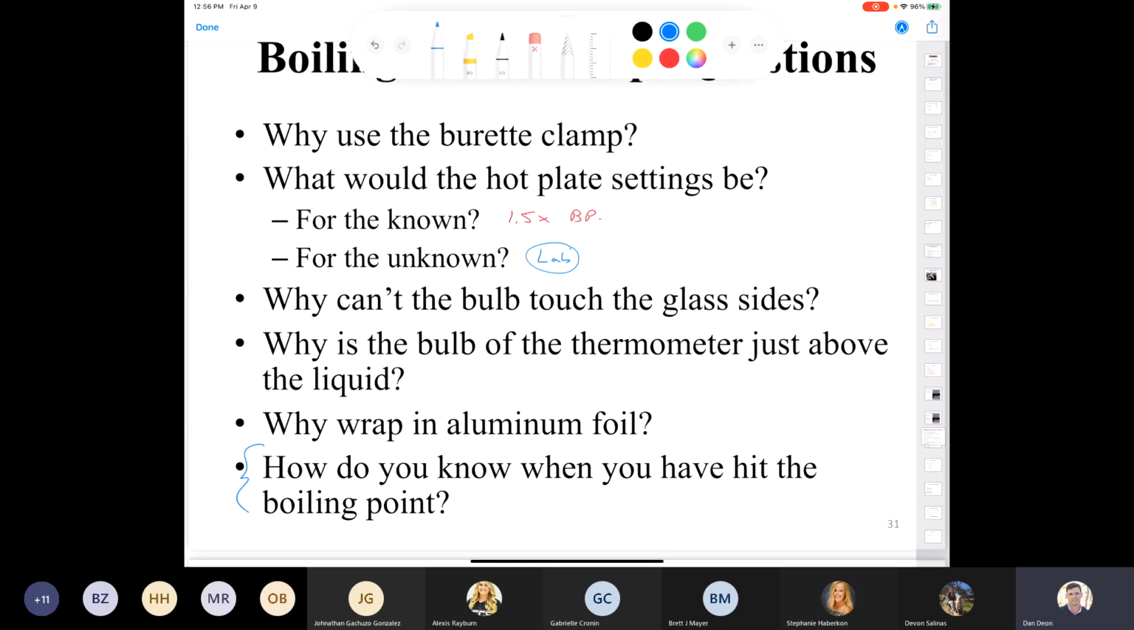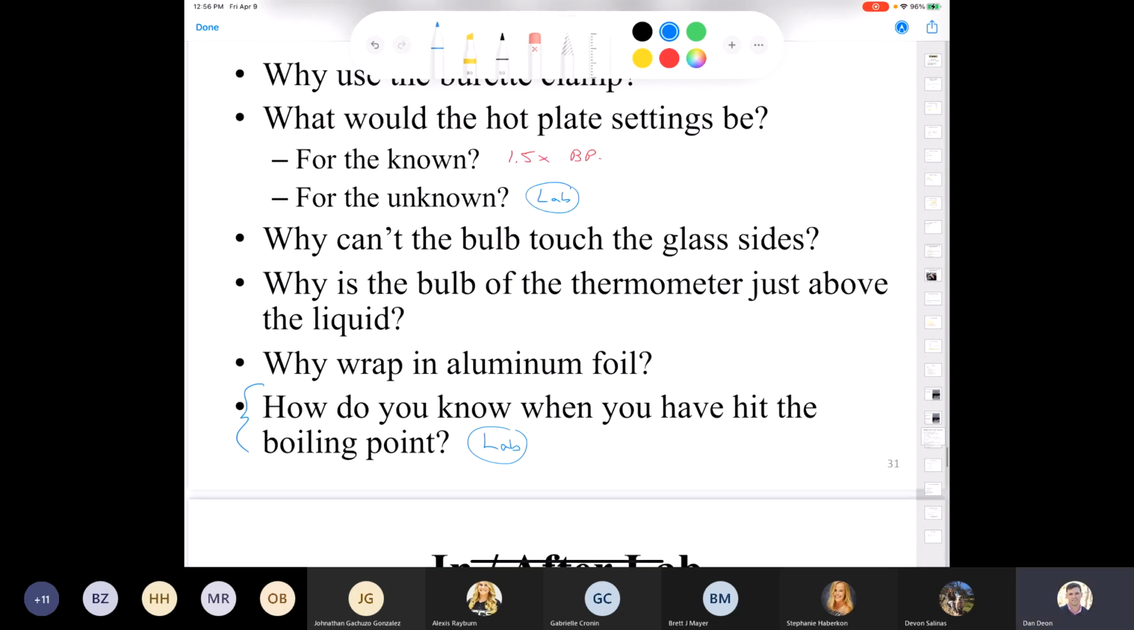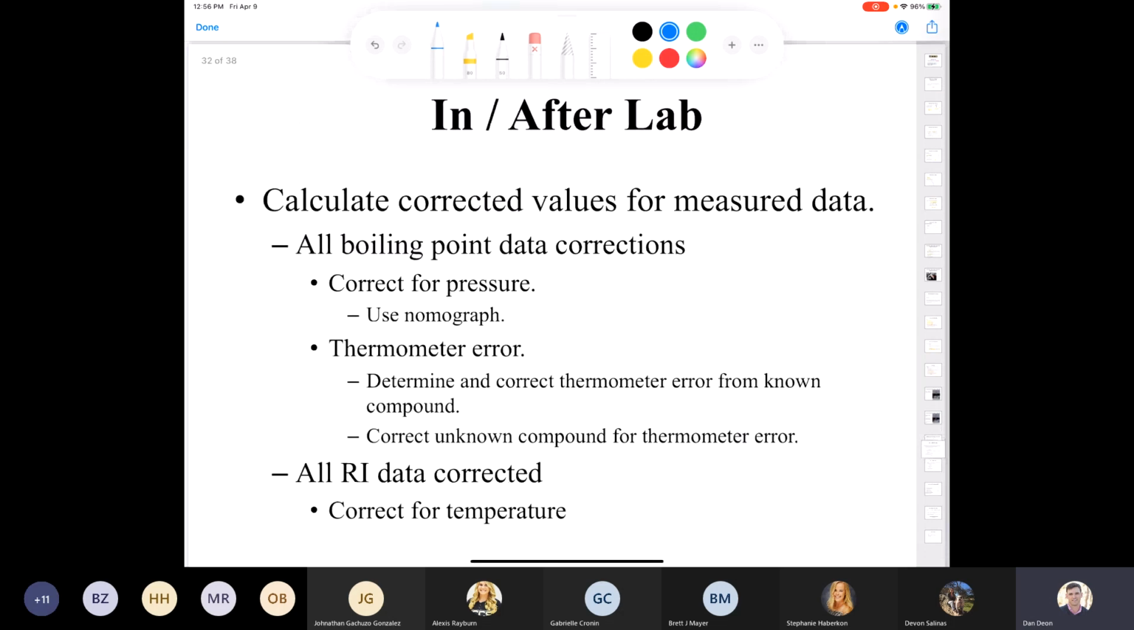Now, if the temperature is stabilized and you jack up the temperature of the hot plate, let's say by another, I don't know, 30 degrees Celsius, and this would also be something to discuss in the lab. If you turn up the temperature by another 30 degrees Celsius and the temperature of the vapors does not increase, therefore your boiling point, what you're measuring on your thermometer, doesn't go up, you'll know for sure that you have reached the boiling point. So you need to calculate corrected values from your measured data for both the boiling point